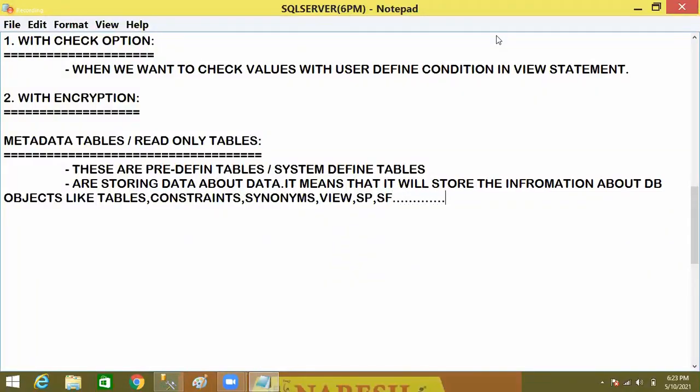Okay, so this kind of information will be stored under metadata